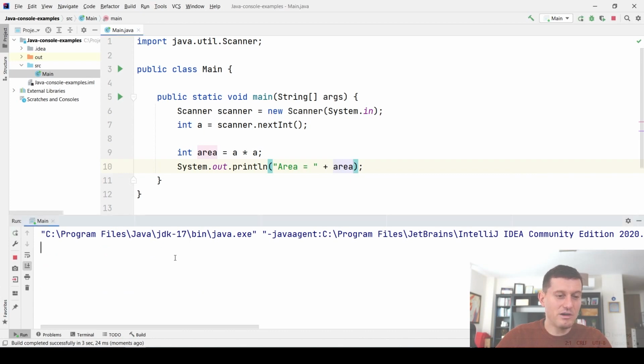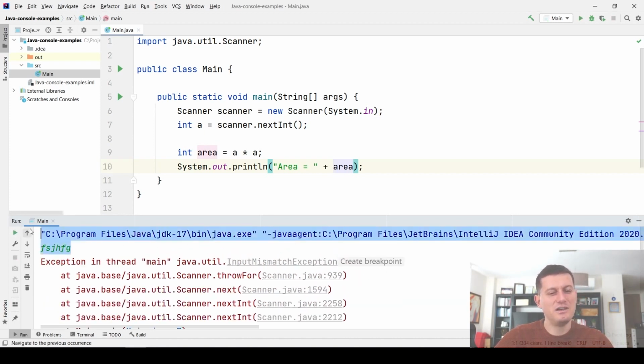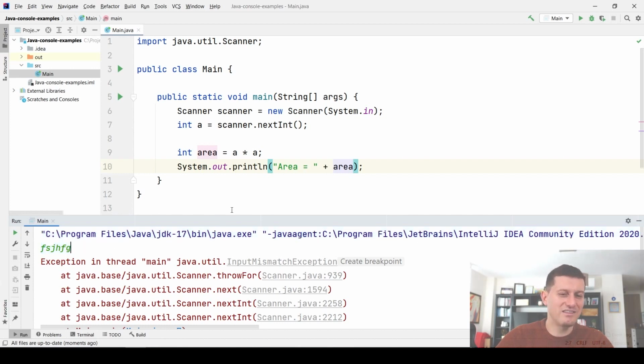We run the program, we enter for example 5 and it says the area is 25. We enter for example 30 and it says 900. But if we enter something which is not a number, we will have an exception, and later I will explain in the exception handling lesson how we can catch this